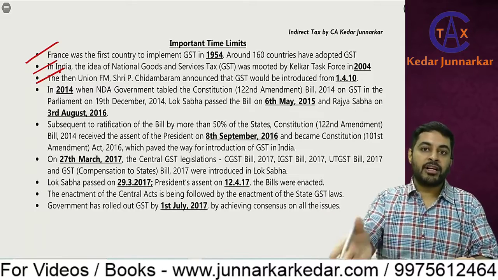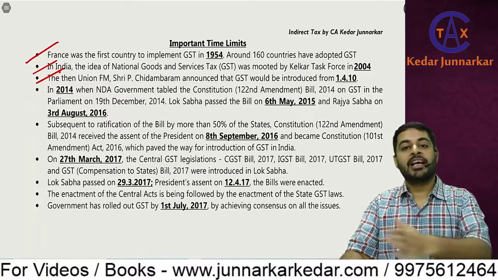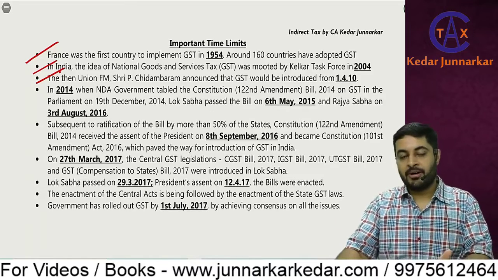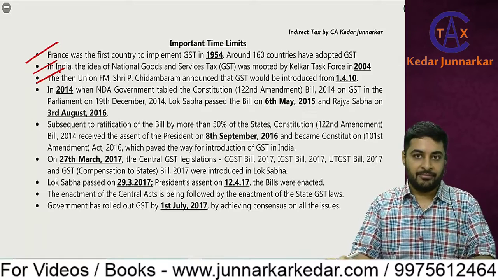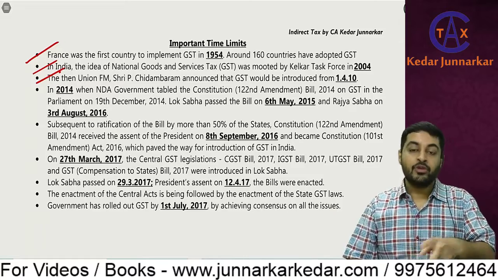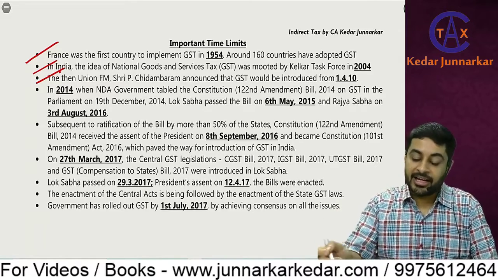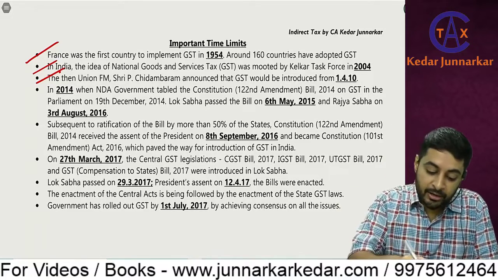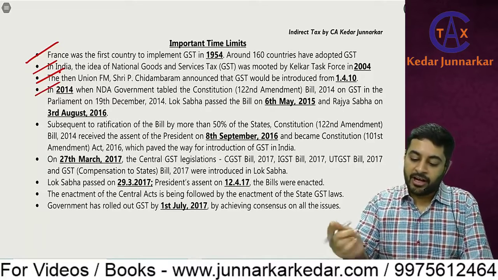Now what has happened after 2014? BJP or NDA is getting a clear majority. So in that case, if there is majority in Lok Sabha, and if they can adjust in Rajya Sabha, they can pass the bills very easily. So maybe in 2010 there was a coalition government. 2010 means UPA 2. The second time Congress government was there, so that time it was introduced, but it would not go through. But ultimately in 2014, when the NDA government, when the Modi government came into power, they said that okay, now we will